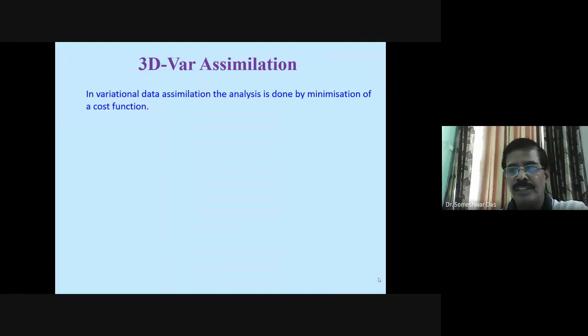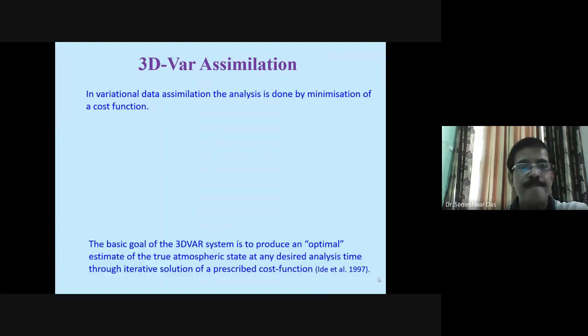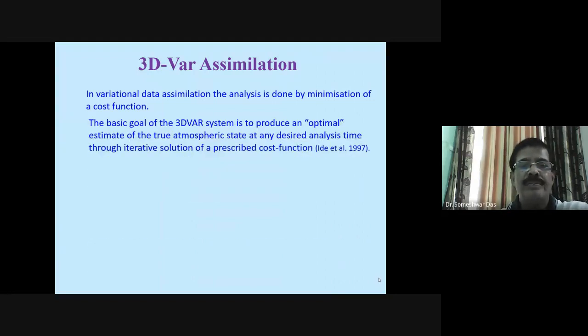This cost function is a sum of terms involving the observation and analysis error. The basic goal of the 3D Var system is to produce an optimal estimate of the true atmospheric state at any desired analysis time through iterative solution of a prescribed cost function.